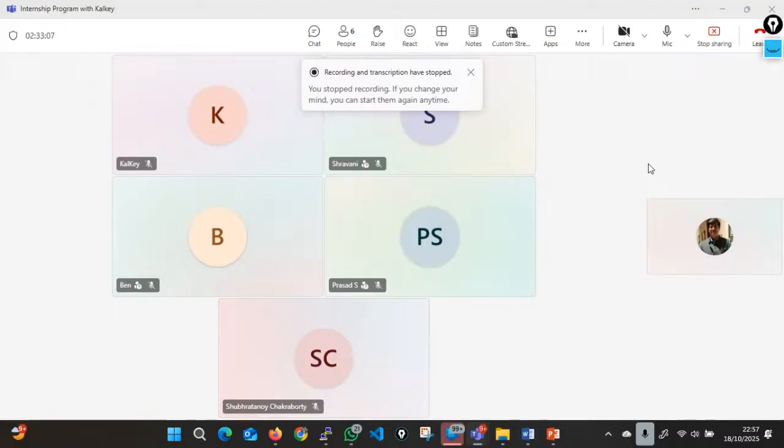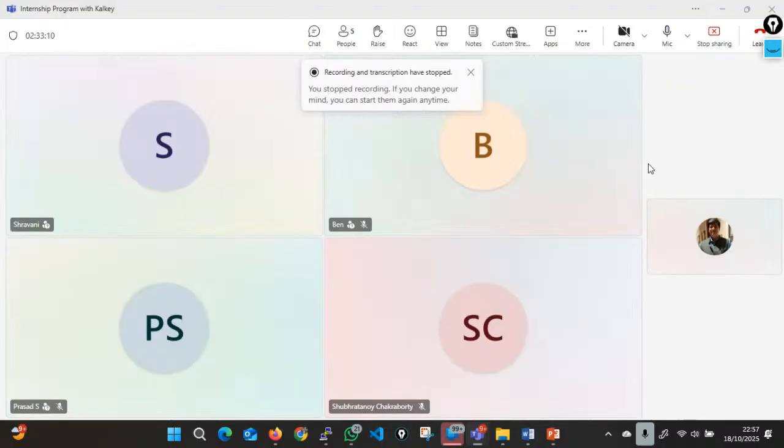Thank you, Ben, Shravani, and Prasad, for your absolute patience, because as it is, people are not joining. And even if they join after half an hour or so, they also tend to leave. I know it's a boarding